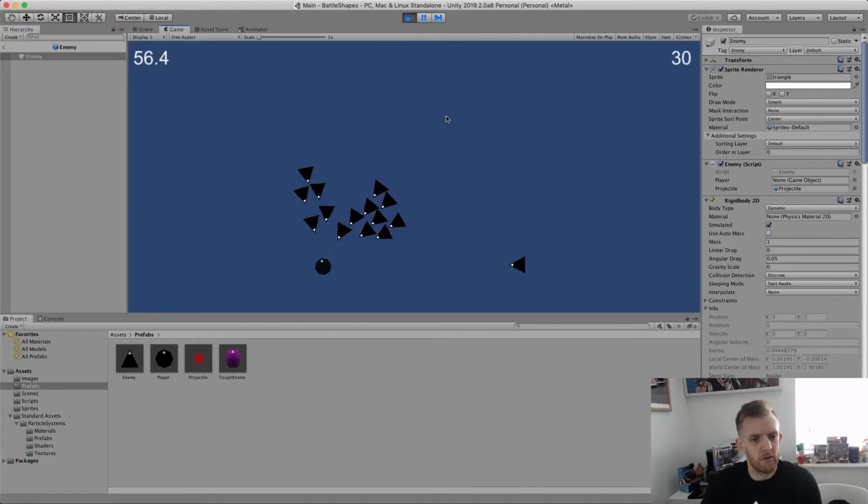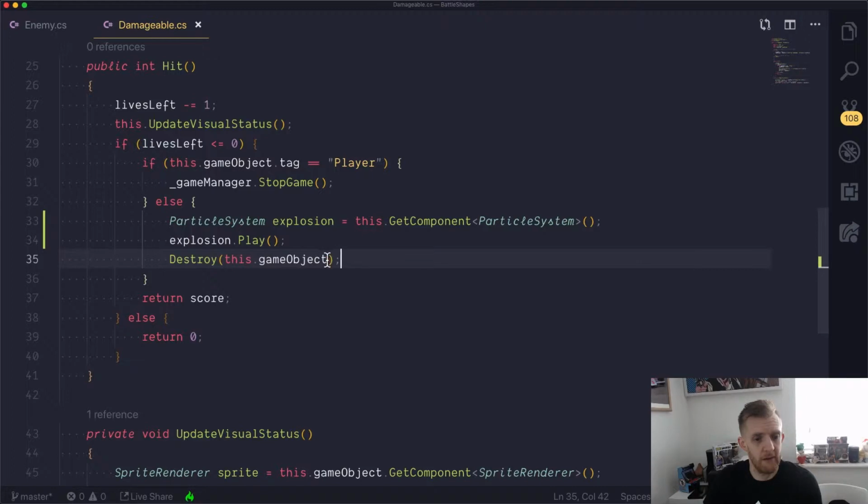But as you can see, we don't have our particle effect, and the reason for that is because we are destroying our game objects immediately, and so we don't see that particle effect, because the particle system is on the game object, and if it gets destroyed straight away, the particle gets cleaned up as well. So the Destroy method takes an additional optional argument, which is the duration to wait before destroying, and then we can use the duration of the particle effect, so that we're effectively saying play the explosion and then destroy the game object after the explosion is done,